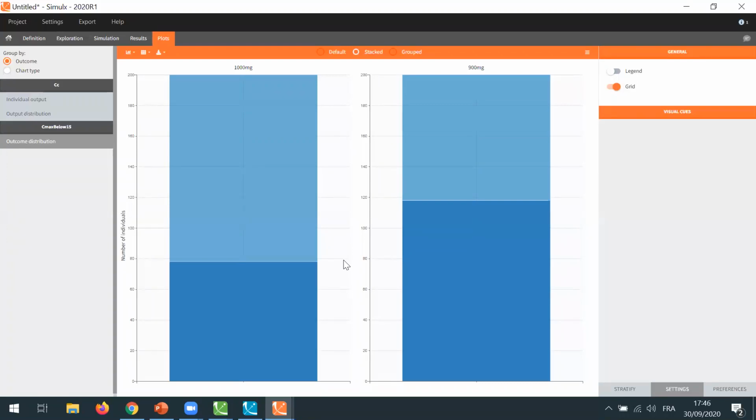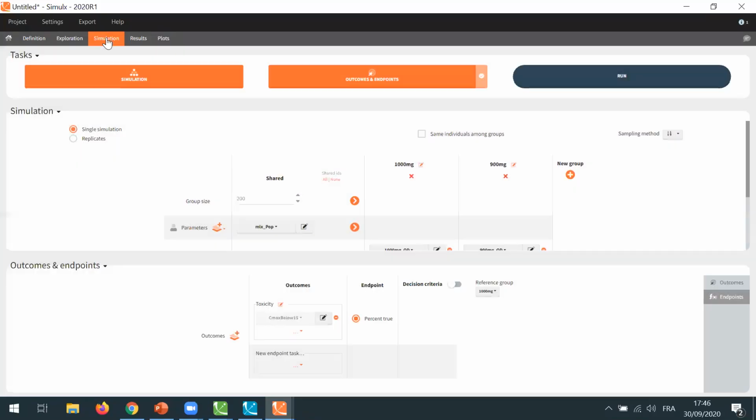And another question is, if I redo the same simulation, so I will draw again new individual parameters and covariates, will I then get the same result with quite similar endpoints between the two groups, or did this result occur just by chance the first time? So in other words, is this result really representative of what I might get in reality, and what variability can I expect? So I can answer these questions by doing replicates of this simulation and assess the results over the replicates. To do this, I come back to simulation and I select multiple replicates here.